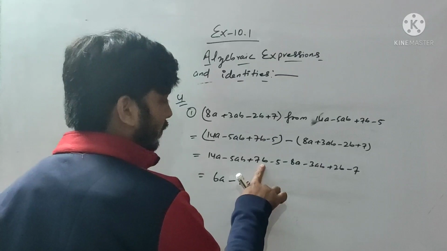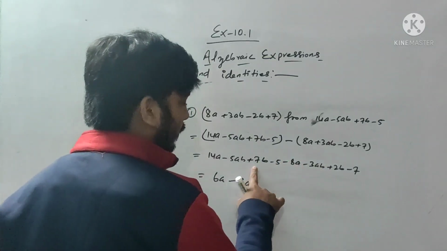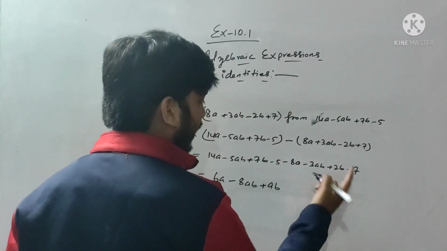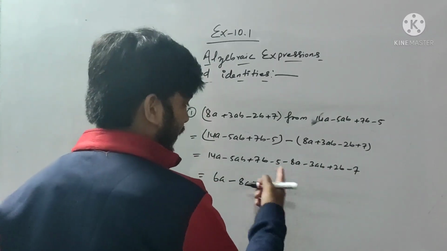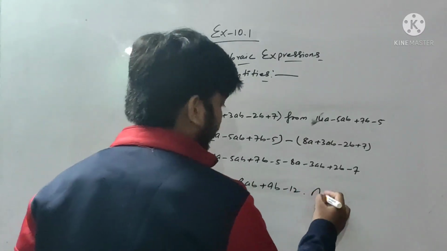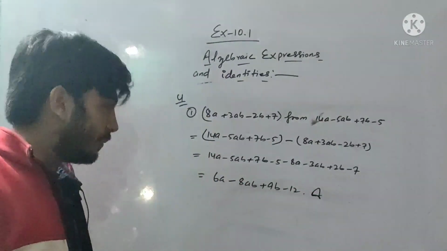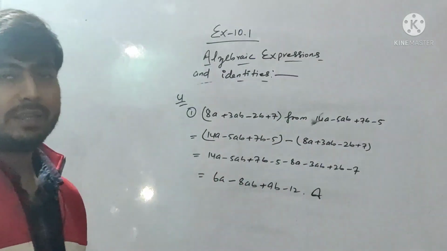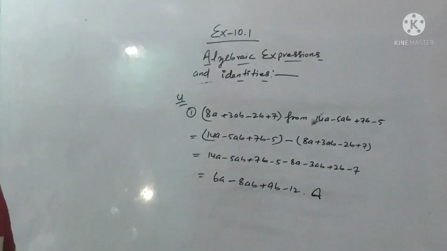Okay. Here b, here b. Both are plus, so we do 9b. Minus minus, that will be plus. Plus means 12 with minus sign. Okay, so this is the right answer after the subtraction of this from this. Okay, now we need to do question number 2.